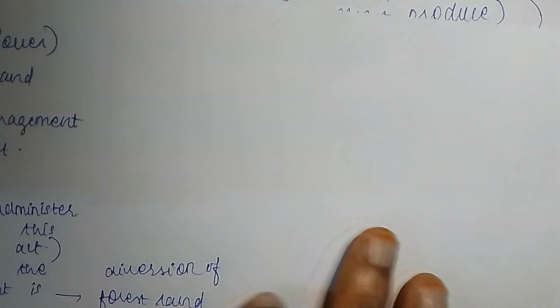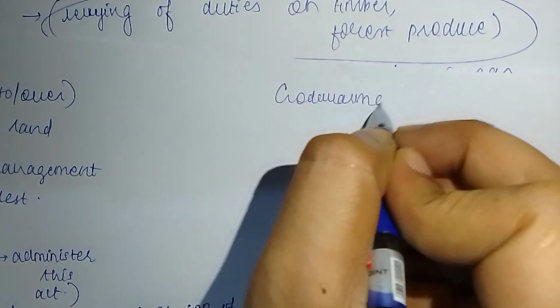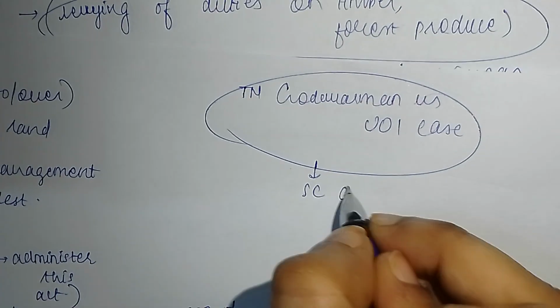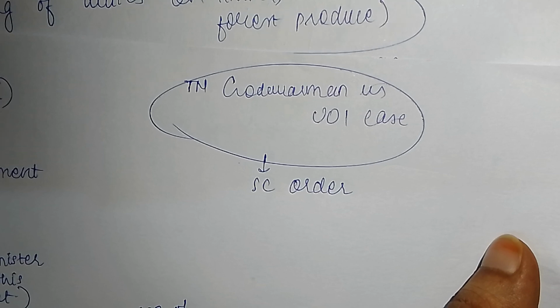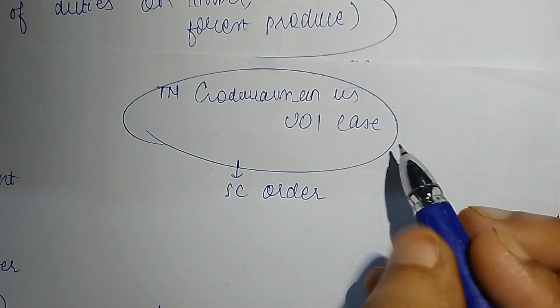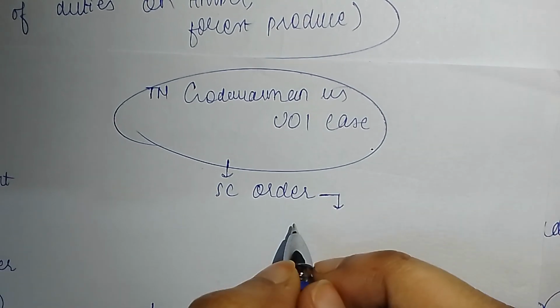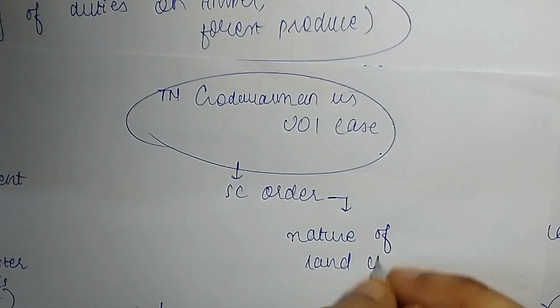I'd like to talk about the Godavarman versus Union of India case. There's one Supreme Court order with regards to this. Basically in this case, Godavarman filed a writ petition with regards to the Nilgiri Hills, regarding the illegal conversion of forest land for non-forest purposes, especially for the purpose of timber. The Supreme Court gave an order that the conservation of forests, that is the nature of land classification